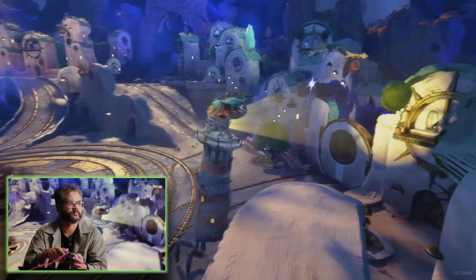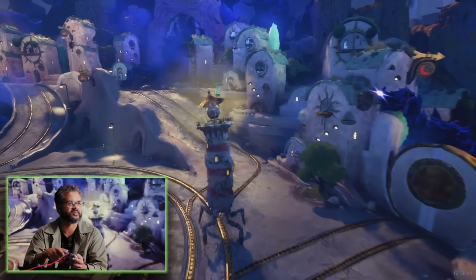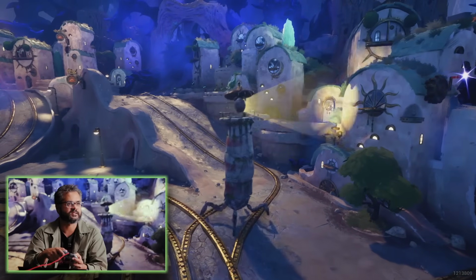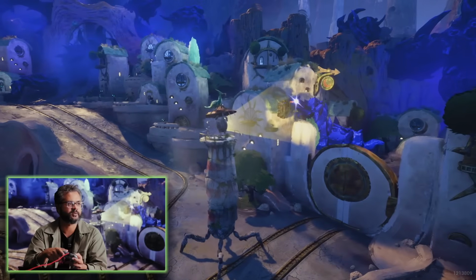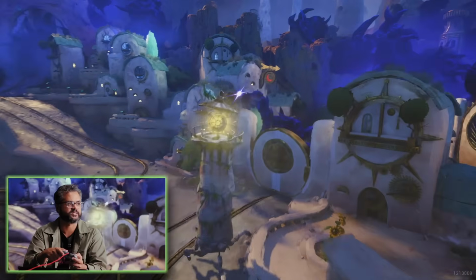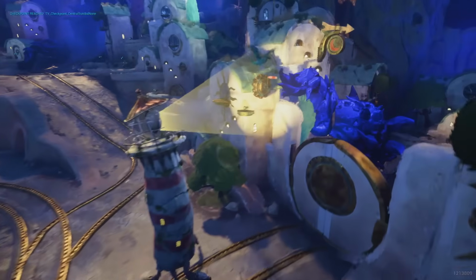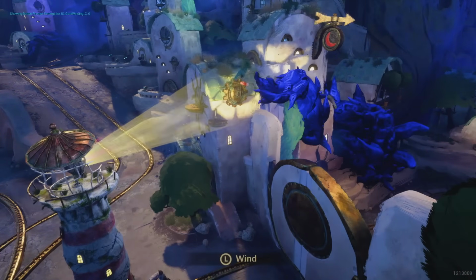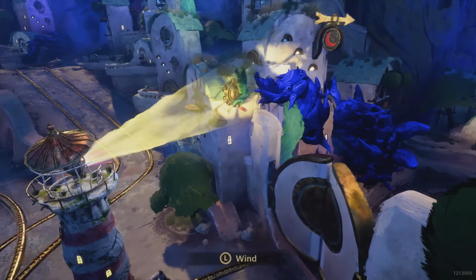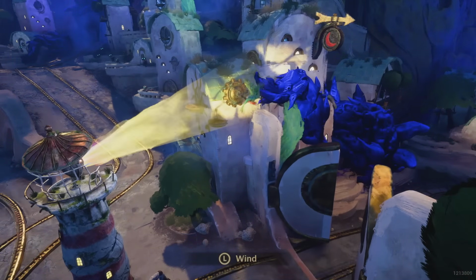So you can see that as I move around this space, it's kind of keeping this winder in frame here, so that you know it's an object of significance, and we can send Twig to that, and move the lighthouse into frame, and set things up in such a way where you can see the exact effect